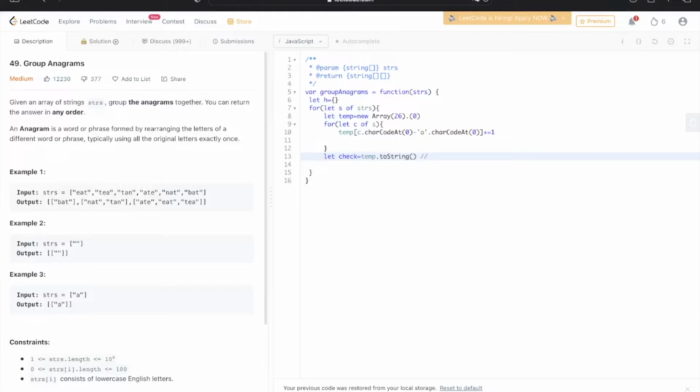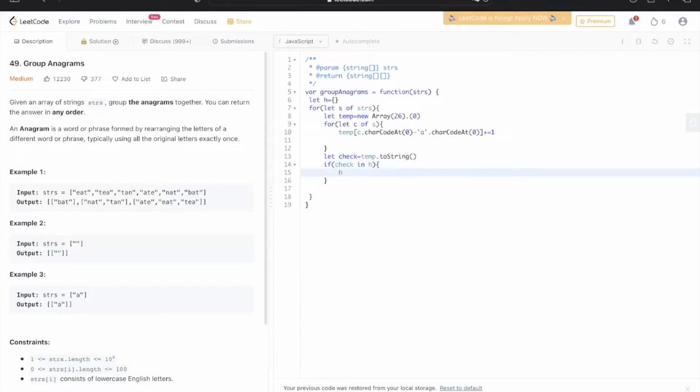Let's say we have a word like ABC, and this string is gonna be 1 1 1 and a bunch of zeros all the way up to 26 characters. I could do this with a loop. In an interview, it would probably be best to use a loop, but this is just a little shorthand so you know what's going on. And finally, we check whether check is in the hash map h,